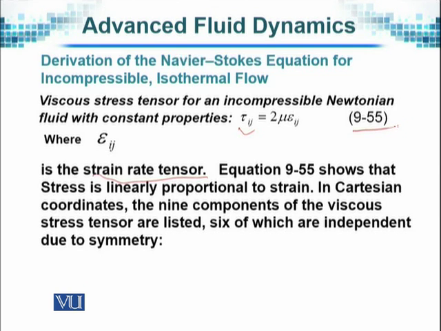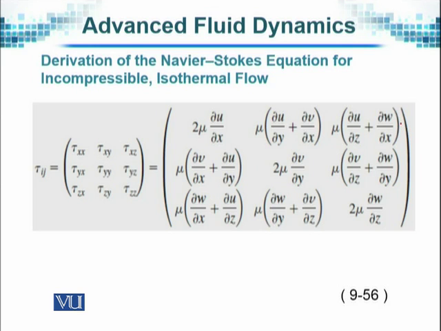And the equation here shows that stress is linearly proportional to strain in Cartesian coordinates. So therefore there are 9 components that I showed earlier and we discussed, and in which you will recall, we had separated the pressure terms and those terms. However, these terms here, tau ij, in the tensor, the 9 components are indicated as tau xx, tau xy, tau xz, and so on. And if I write them in the expanded form, then they can be written as 2